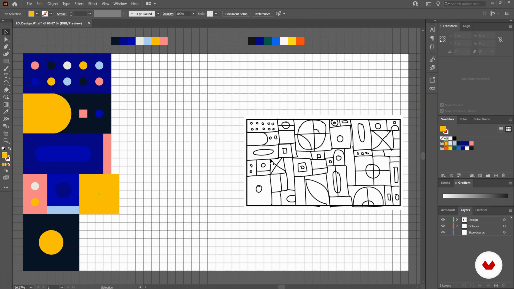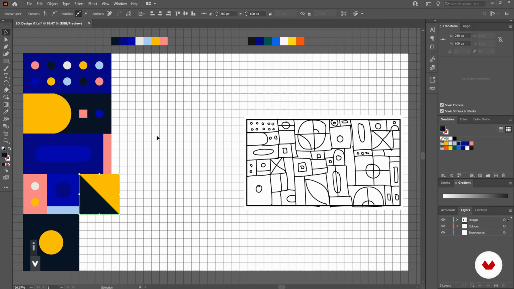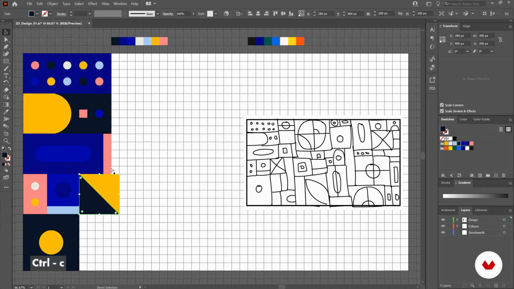So if I just create a rectangle using the pen tool, I'll make that another color for now. I'm actually going to copy and paste, and then I'm going to rotate. So now if I select on that, you'll see that I've got 4 pieces here, but they need to be